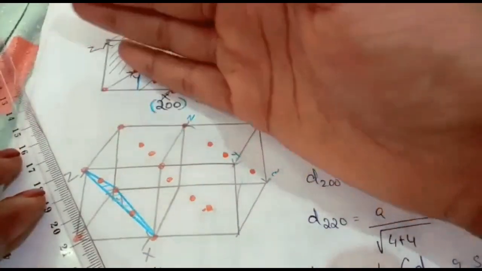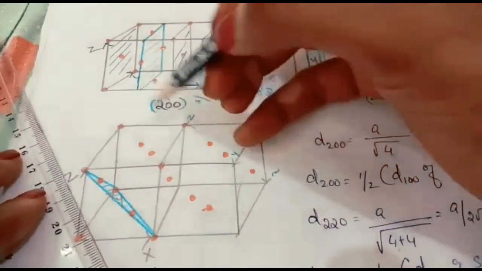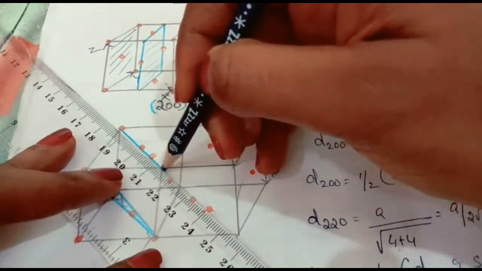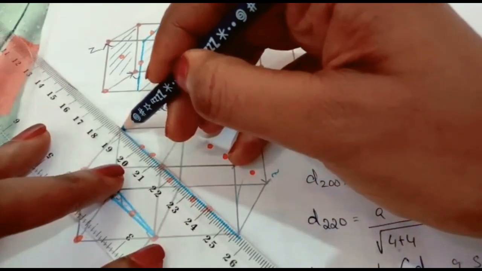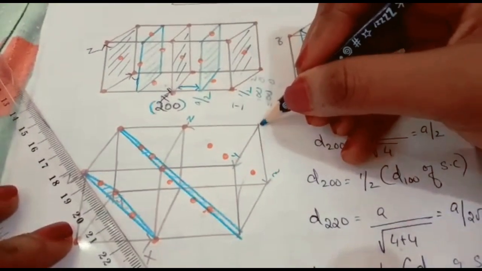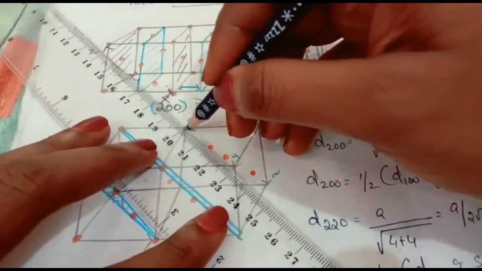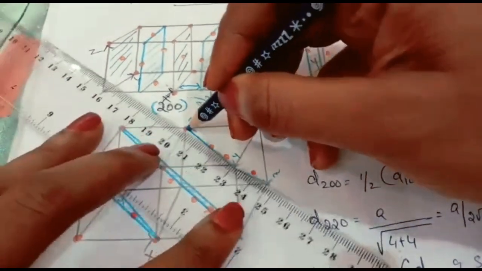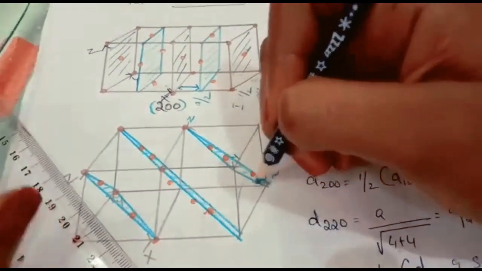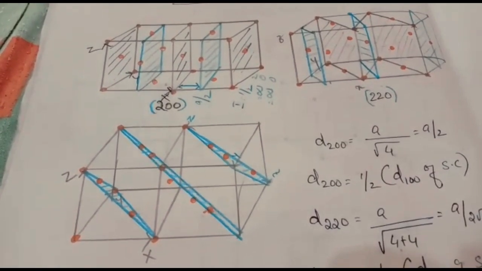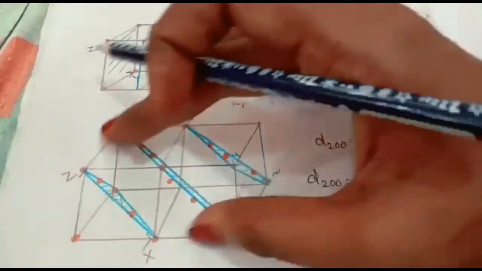Then another one, I told you already in the simple cube, that is passing through this cube. So we will connect like this. First from here to this corner. Then this also is passing like this. So this is another plane. Then another here, this is the origin, x, y and z. So we will connect all these three. Then here, another one, then joining these two here. Now you see, when we draw this 1, 1, 1 plane, it passes through all the lattice points in the face-centered cube. So we have no need of a plane in between, because there is no central atom.